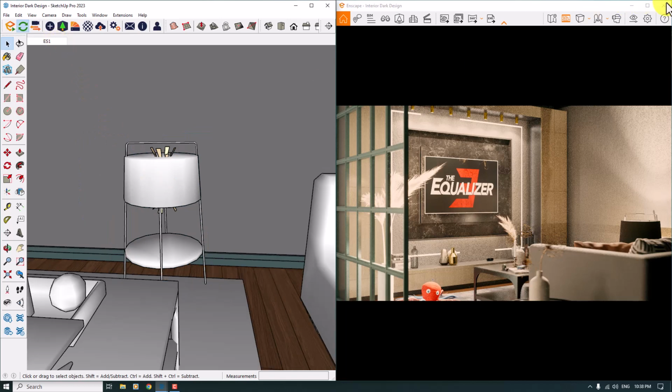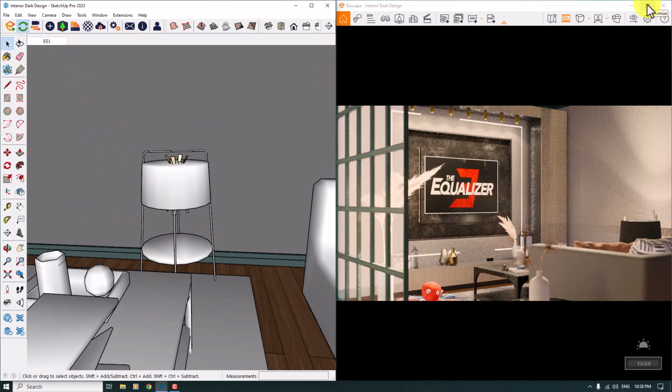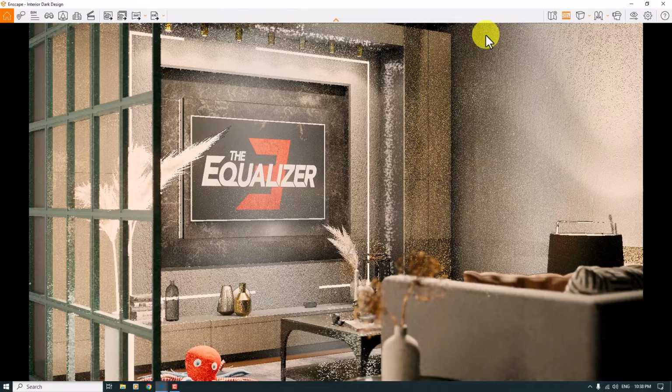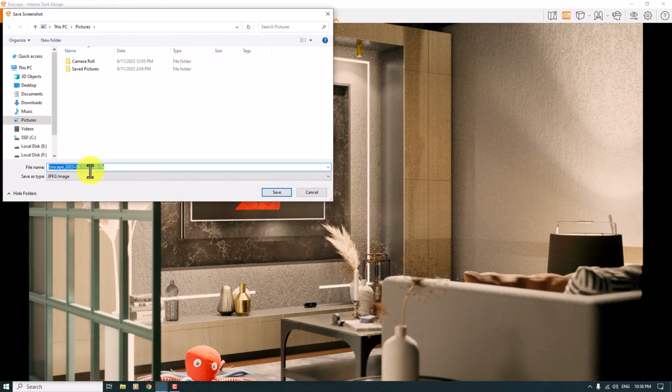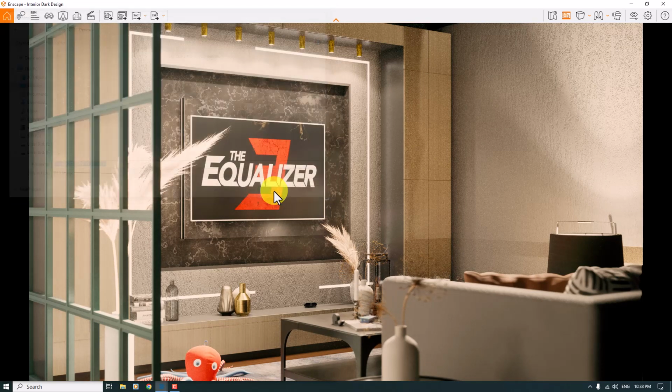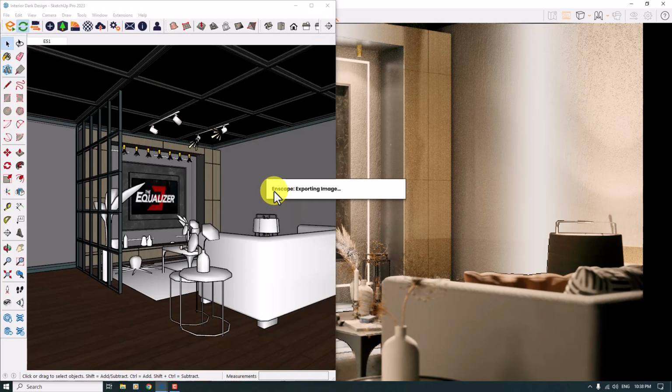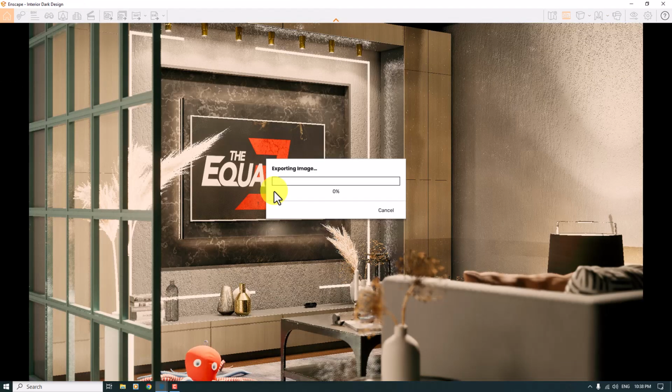ES number 1 is my favorite camera shot, and I'm gonna render this photo. So I'm gonna click on the screenshot button in here, and this is my final step. So I'm gonna save it on my desktop with the JPG format and press save. So as you can see, we create this type of interior visualization and lighting, very simple, easy and fast with the Enscape